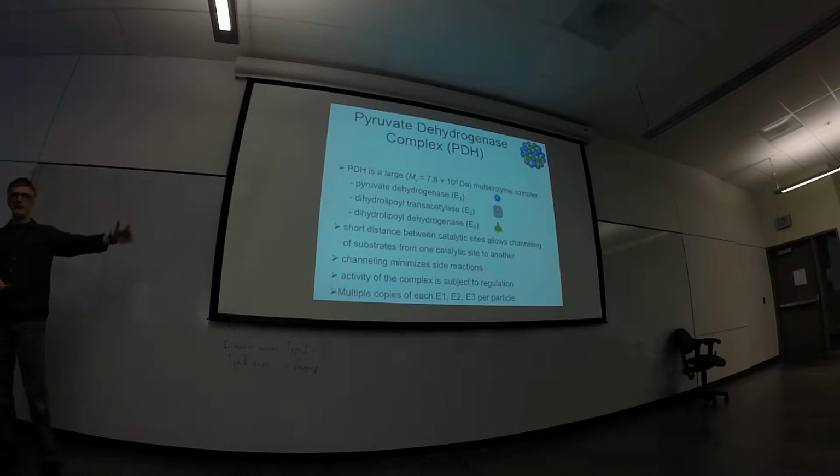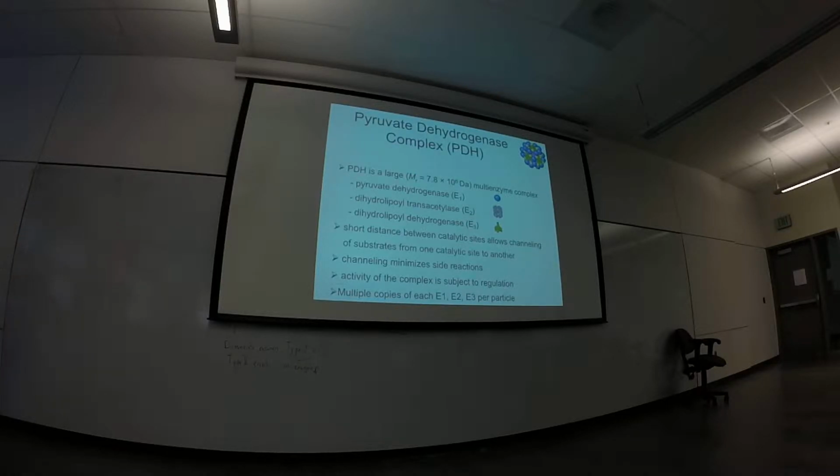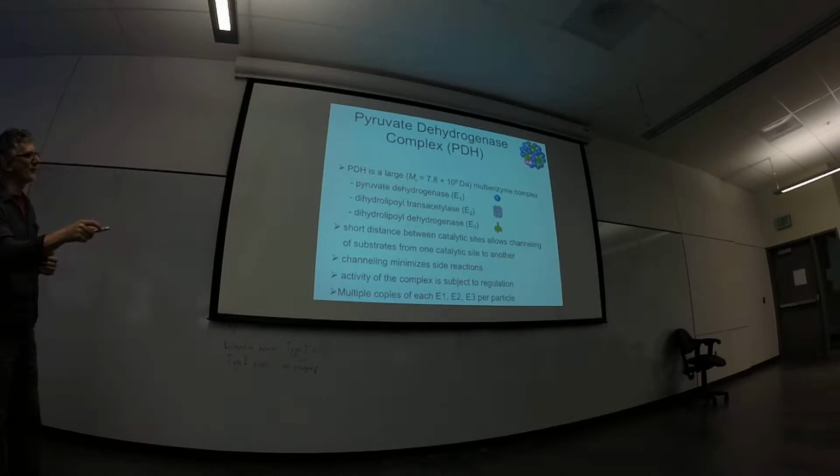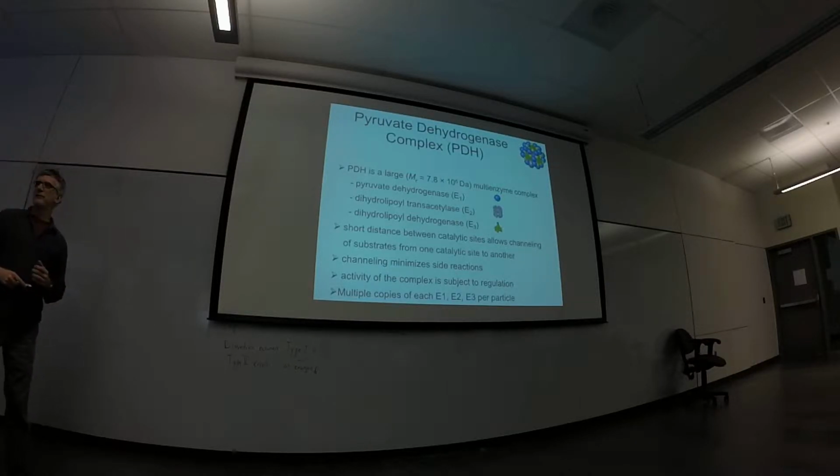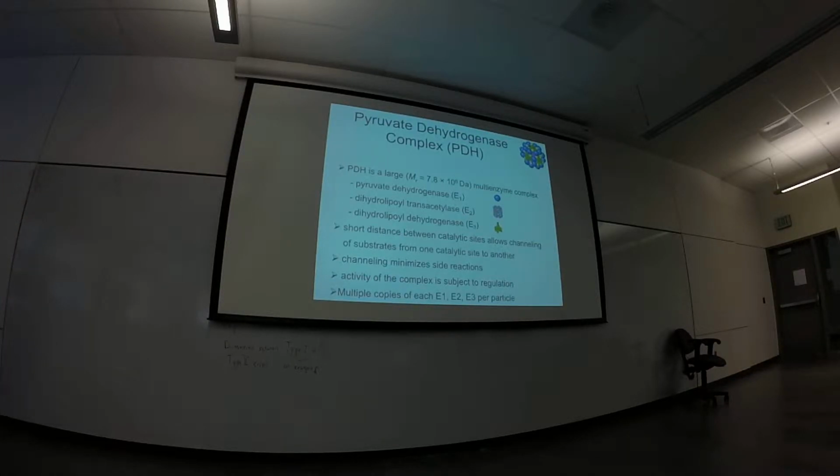It's not like you need to pass the pyruvate around the whole outside of this gigantic thing. Rather, what happens is lots of different pyruvate molecules are coming along and binding different parts of this molecule, and reactions are occurring simultaneously. Right? So, of course, we just need to look at what goes on in one set of E1, E2, E3 molecules, and you can see just from these cartoons that E1, E2, E3 are going to be localized all over the big ball, but they're spread out so that there's always E1, E2, E3 contact, no matter what site on the ball you are. We talked about channeling,